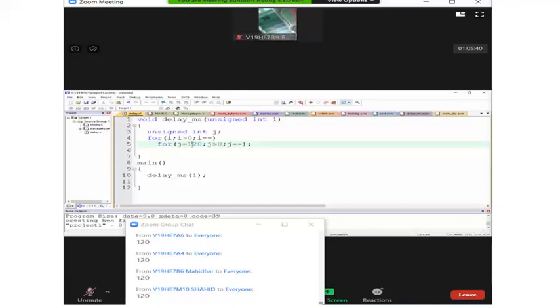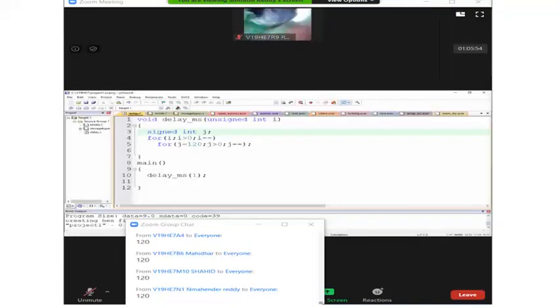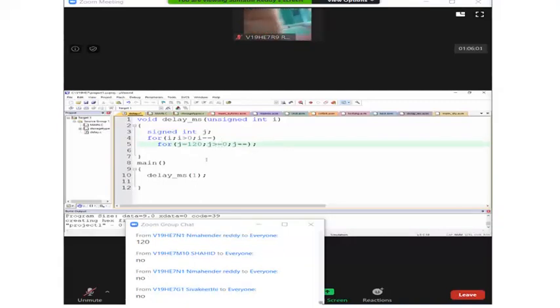Yes, 120 times. And let me ask you one question from your C. Instead of unsigned, if I keep signed here, is there any change in the loop repetition, in the J loop repetition? And let me go for this. Observe now. With signed int J, how many times will this J loop be repeated?